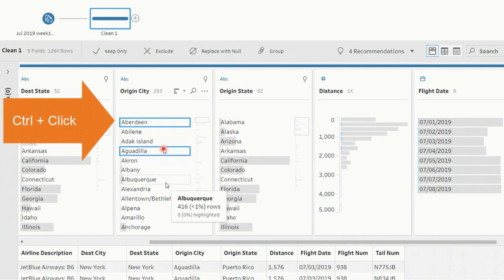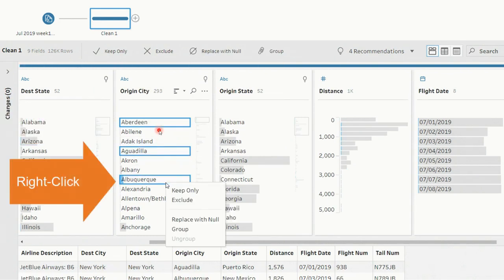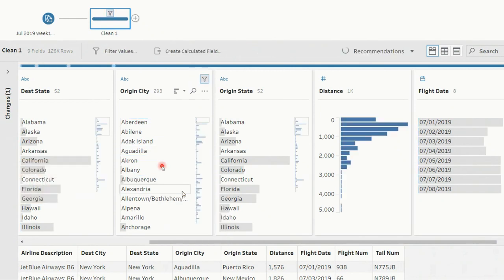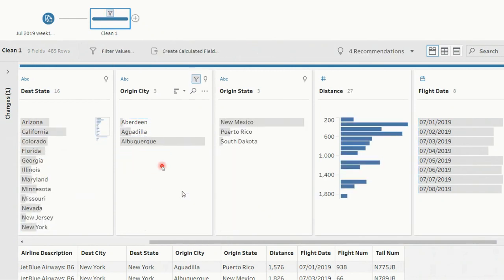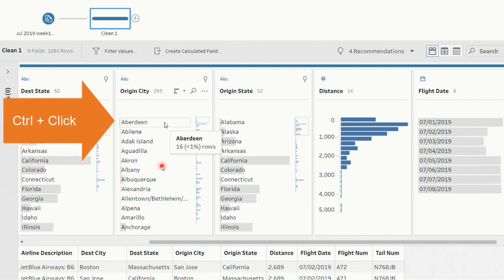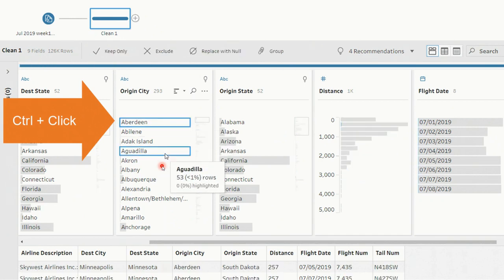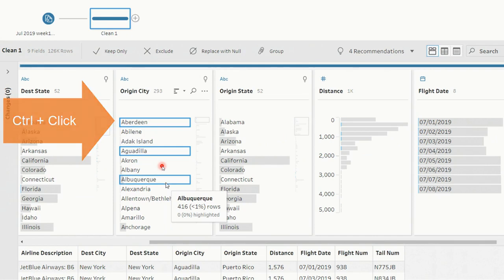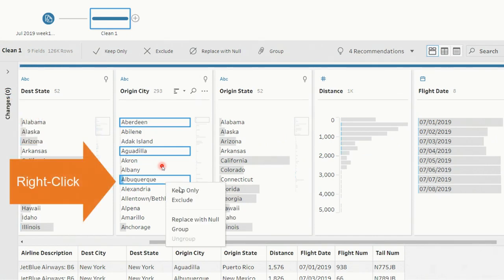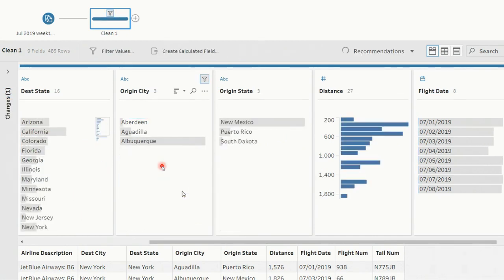You have to keep pressing control while clicking, then release it and click the keep only option to have the selected data. This is also a type of filtering to keep only the necessary values.